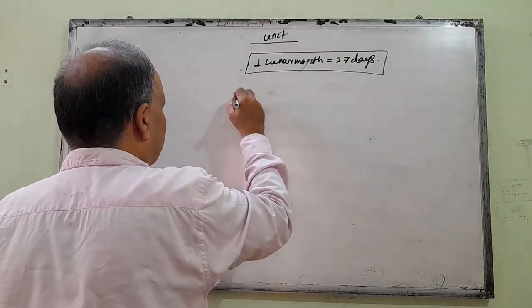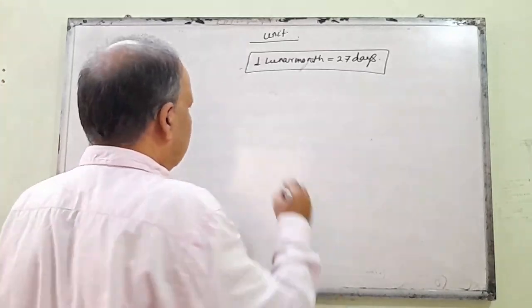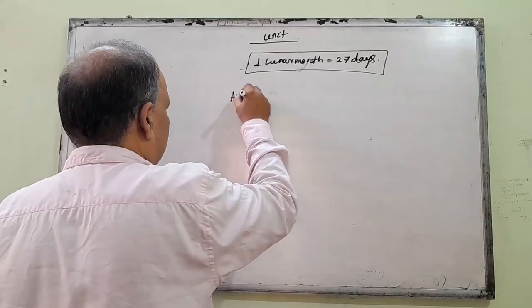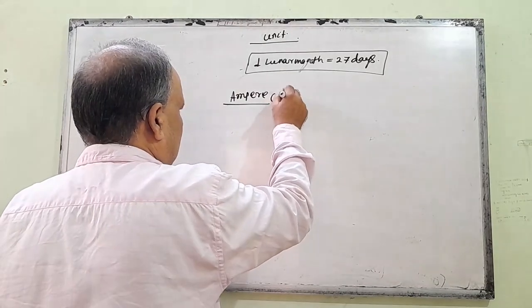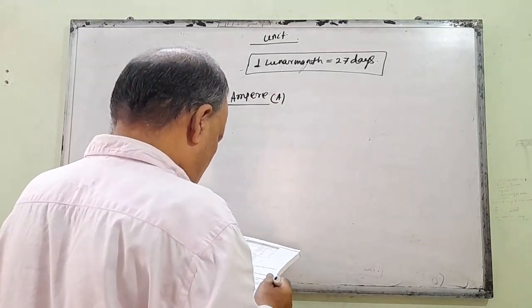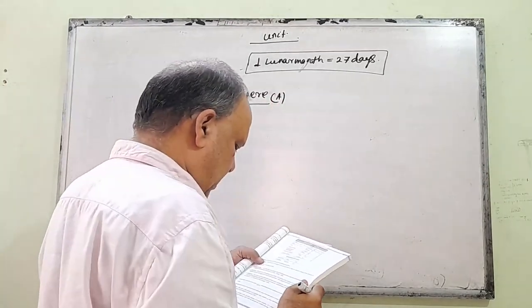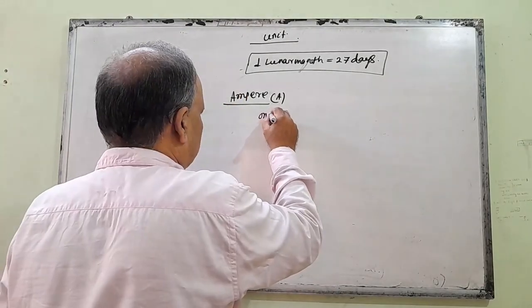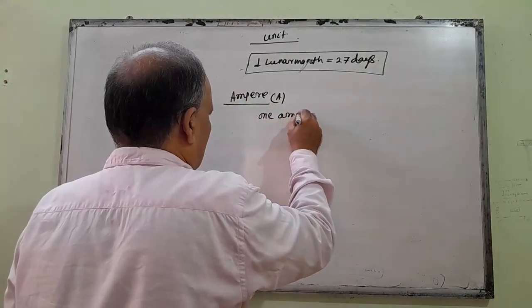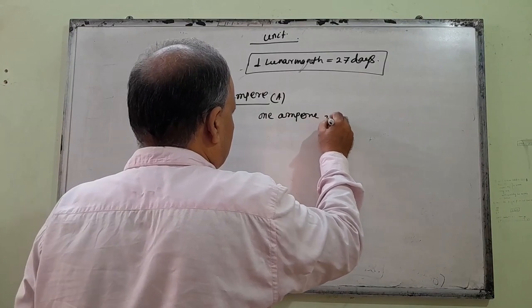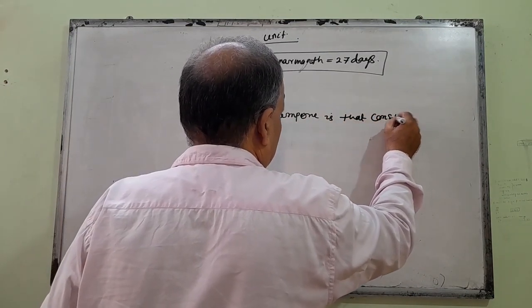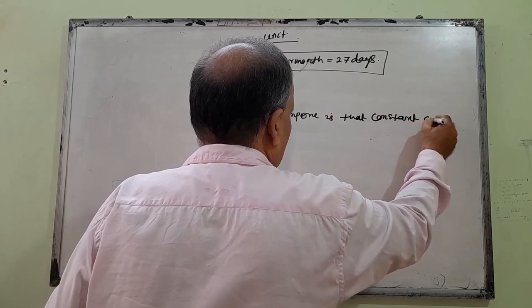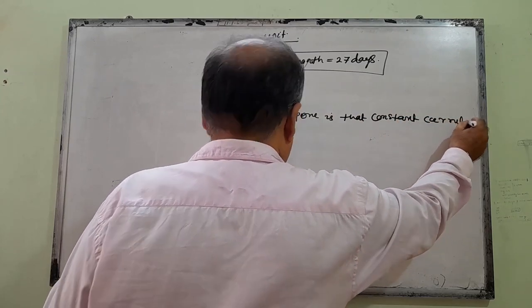Now we read the fundamental unit of current, that is ampere. Ampere, that is A. 1 ampere is that constant current